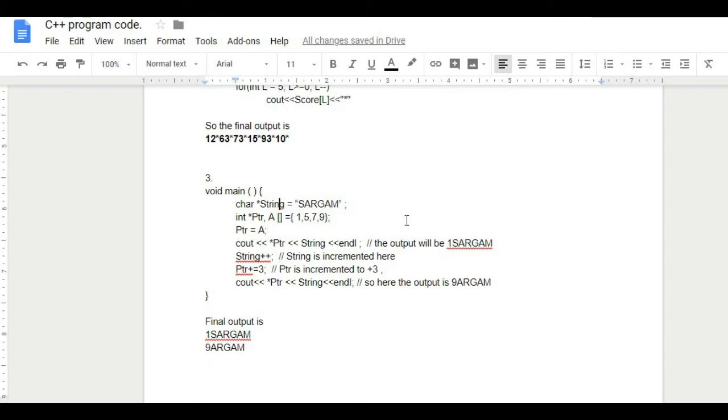So we have a string pointer which has the value sargam, and ptr is an int pointer, and there is again an array. It will start from 0, so a of 0 will be 1, a of 1 will be 5, and so on. A is assigned to ptr. So here, see how we are doing pointer ptr. The first value in the array, that is 1, will get printed,